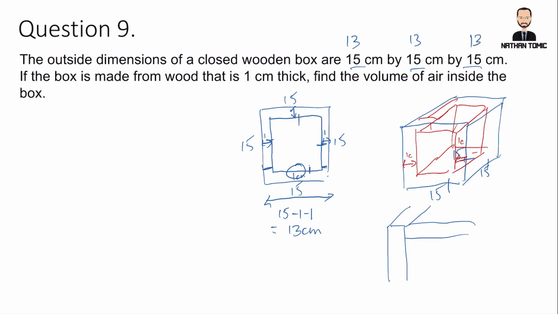Now we can go ahead and just do our volume equation. So volume equals the length cubed, because it is a square rectangular prism, all right, which is a silly term. So that's going to be 13 cubed, which again, remember, that's 13 times 13 times 13. If we put that into our calculator, we get 2197. Okay, don't forget that is centimetres, and cubed needs to be added. So the volume of the inside of the box, which in this case is being made up of air, as it says in the question, is 2,197